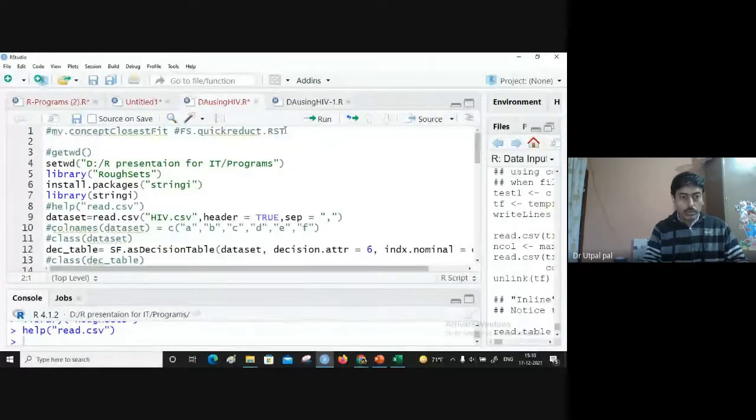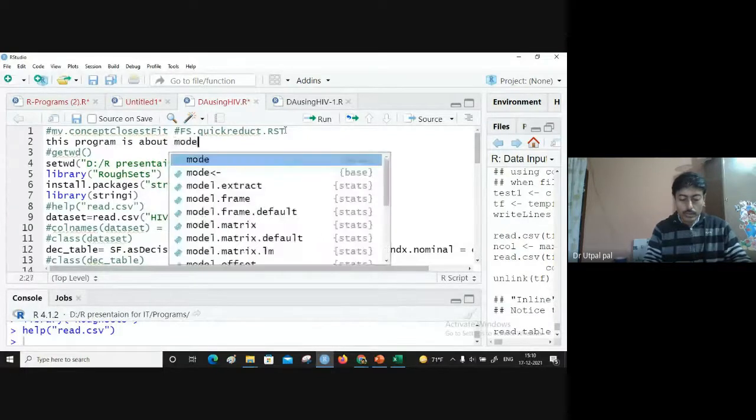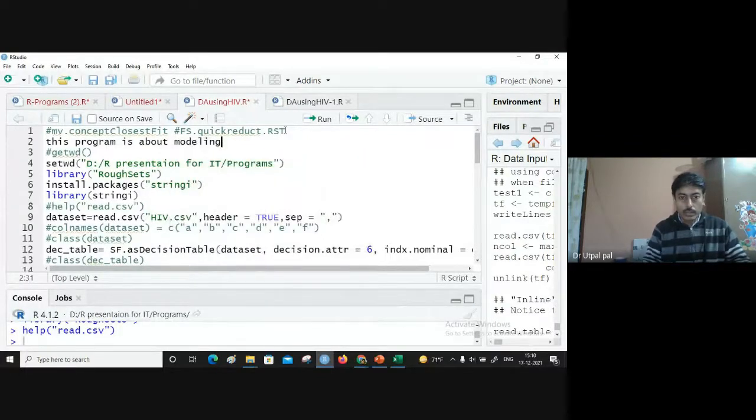Suppose I want to write that this program is about modeling. This is just to understand what the program is, so I will put it in a comment. How to put it in a comment? Keep your cursor at the beginning and give a hash. Now it has become a comment, and it will remain as a placeholder, and it will not be executed by R.